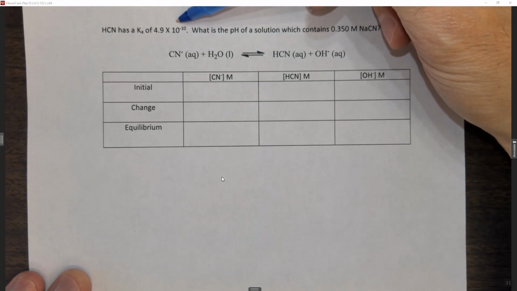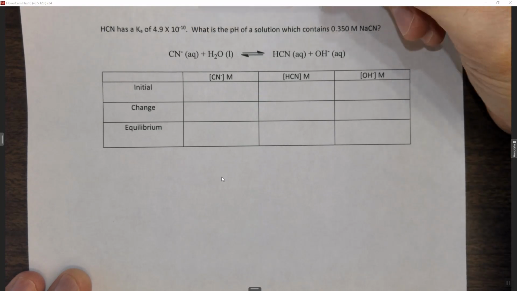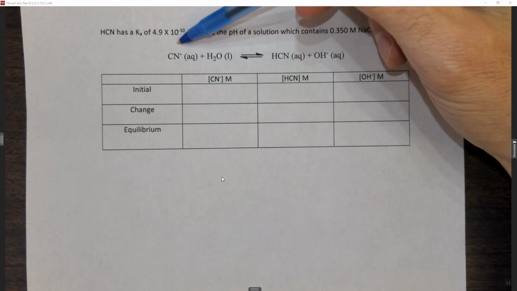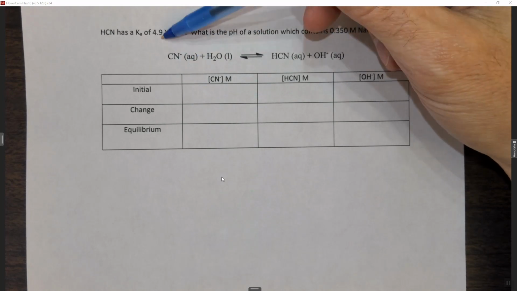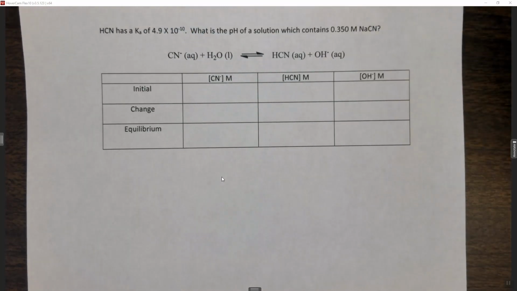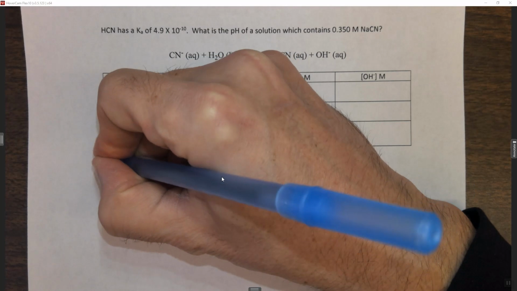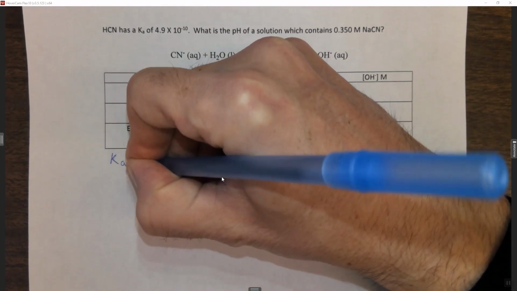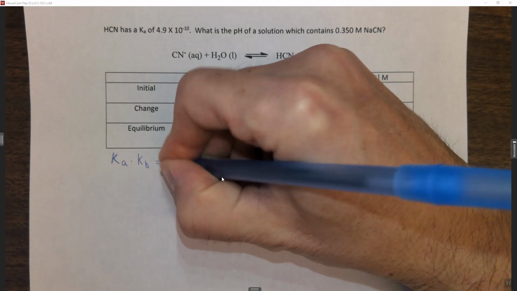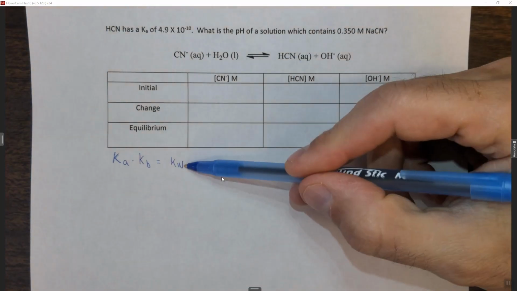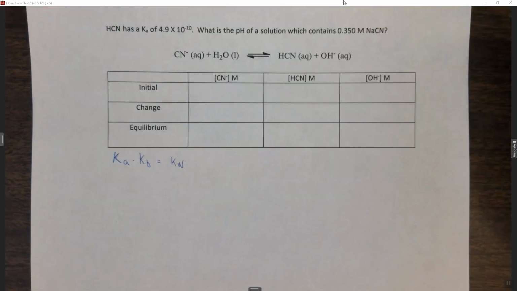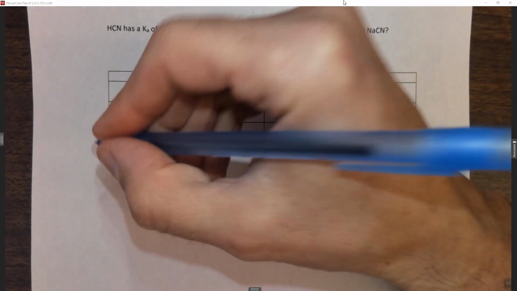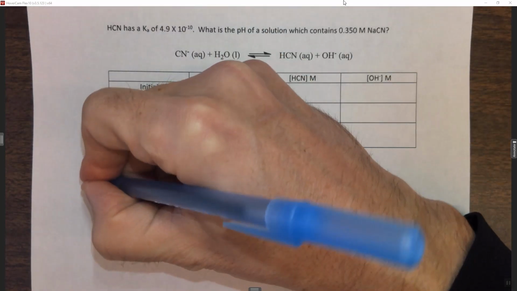HCN. But what we actually need is the Kb value. And the reason that we need the Kb value is because we're given the conjugate base. So the first thing we want to do is find the Kb. Well, it turns out that the Ka times the Kb equals the Kw, which is 1 times 10 to the minus 14. So what we can do is we can find the Kb value from the Ka, specifically the Ka